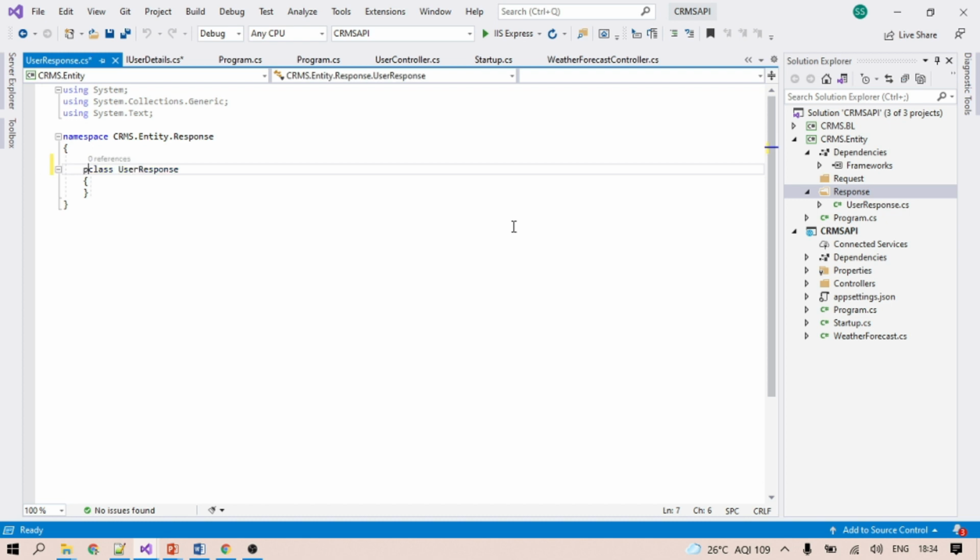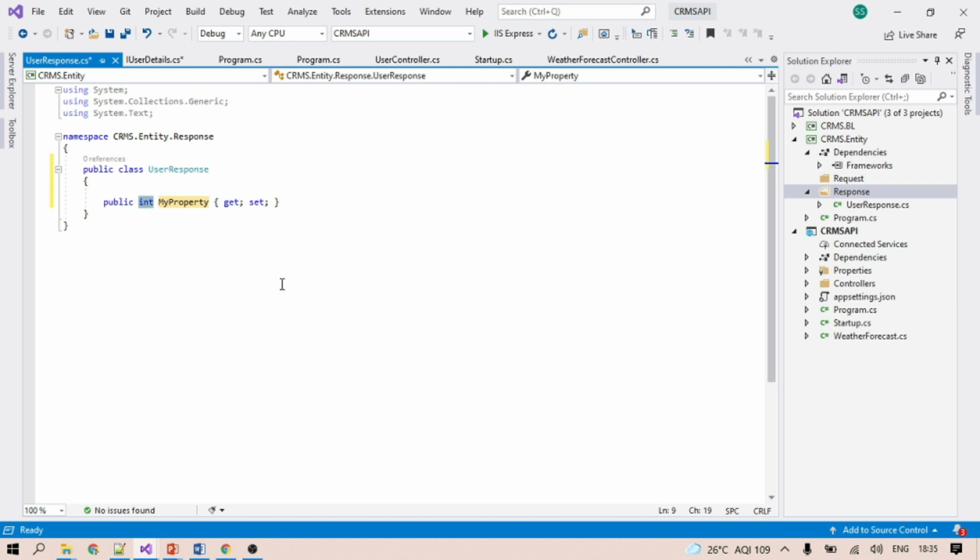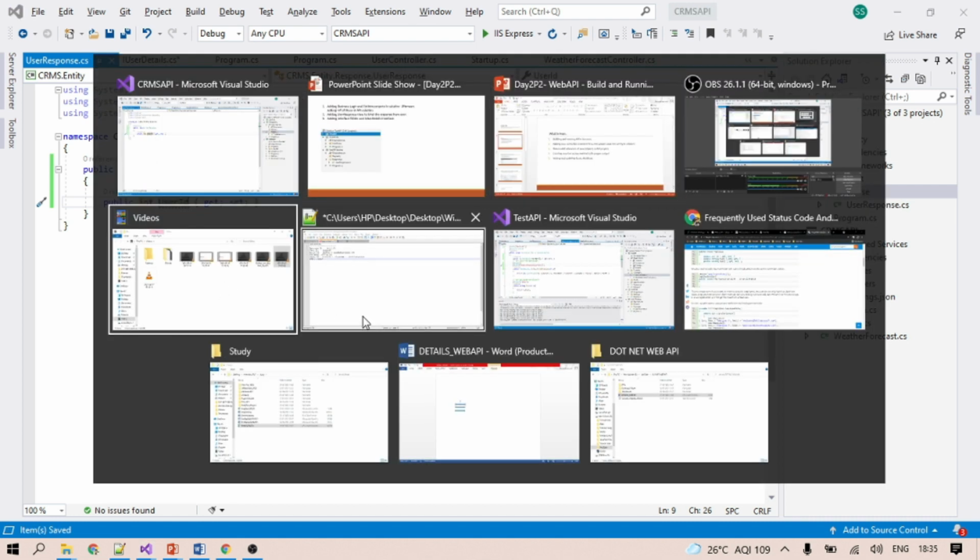It is also a public class. I'm making all of this public because we are going to consume these things in our next project, the API. If anything is made private, it will be limited to that class and project only. So we need to add some properties here, as I showed you already. The first property would be UserId. Then the same way we will implement the other properties, instead of making this one by one.